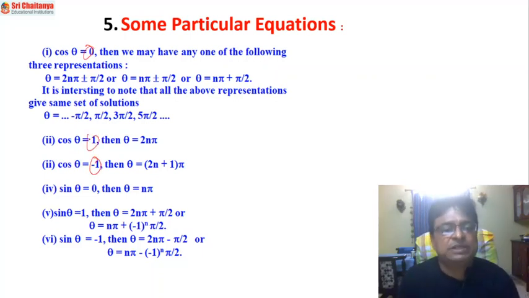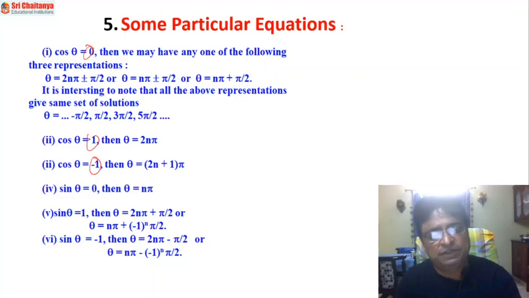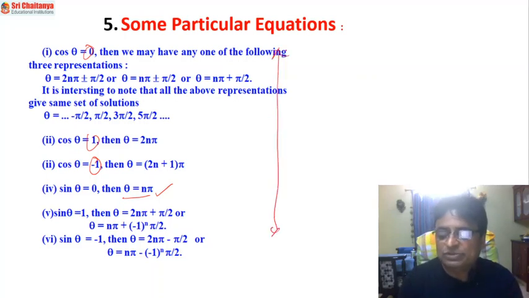Whenever these particular cases are given, instead of writing that sin theta is equal to 0, which is equal to sin 0, therefore PV of theta is equal to 0, therefore you can write the general solution as theta is equal to n pi. But you need to practice these values and solutions quickly to save time. So suppose sin theta is equal to 1 is given. Sin theta is equal to 1, that is equal to sin pi by 2. So PV of theta is equal to pi by 2. Therefore GS of theta, what is GS of theta?